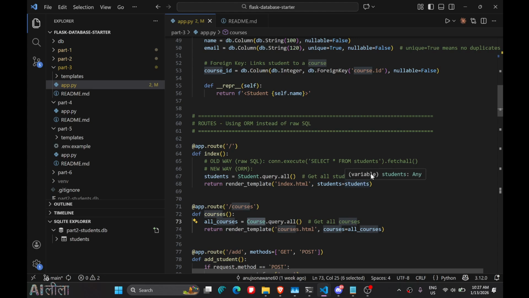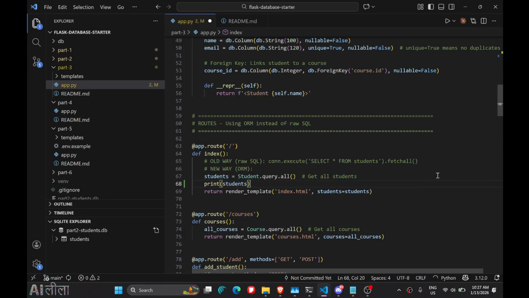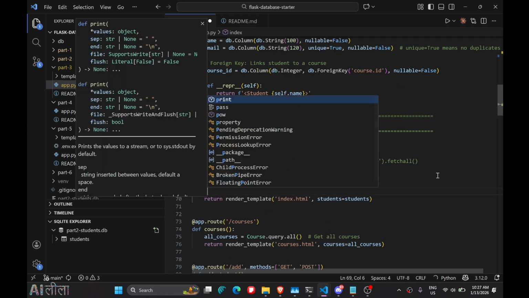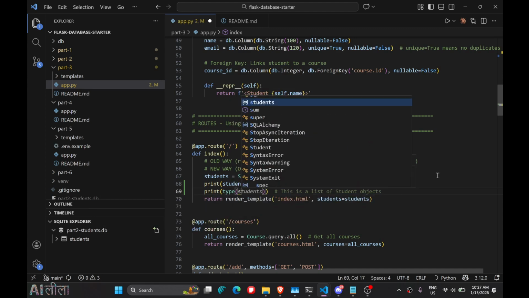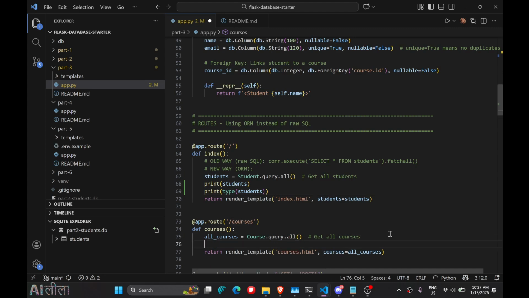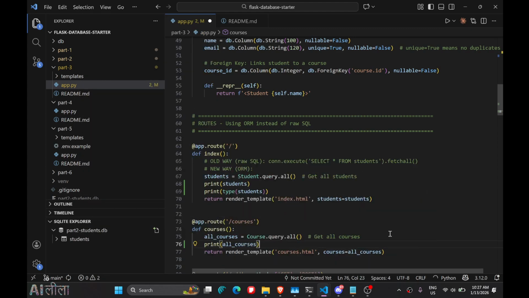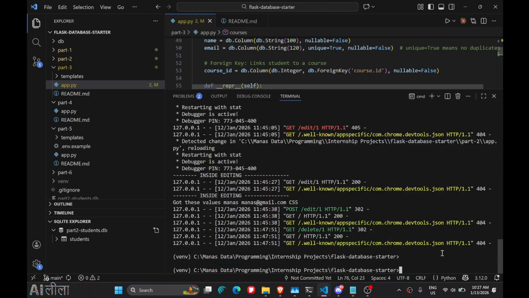So to debug this now, let me just do print students and then see what we get here. And then maybe print type students. Let's get the data type of that as well. All right, I think these two are fine. And here also print courses, all courses. All right, Control J, Python